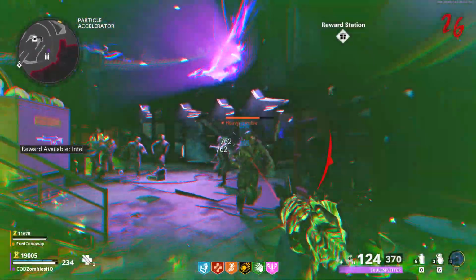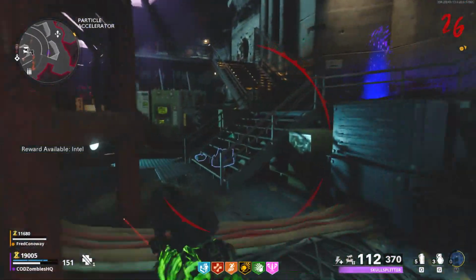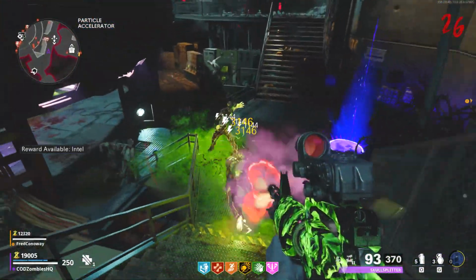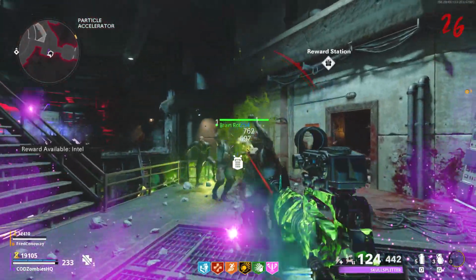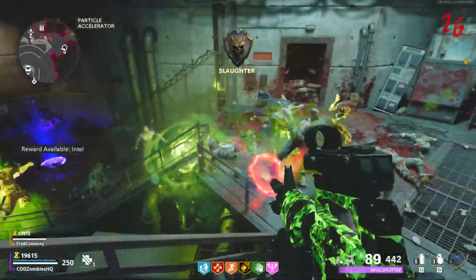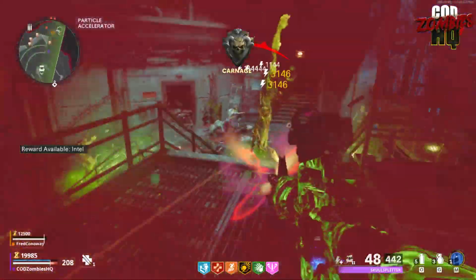So obviously XP progression in that time will be increased, but I've seen a lot of Zombies players getting into games and reporting that the increase of XP seems to be more than 2 times compared to what we had before this patch, meaning there is a real possibility that Treyarch has modified the base XP rates here in Zombies, which is awesome. You can level up your weapons super quick during this event in Zombies right now, as evidenced